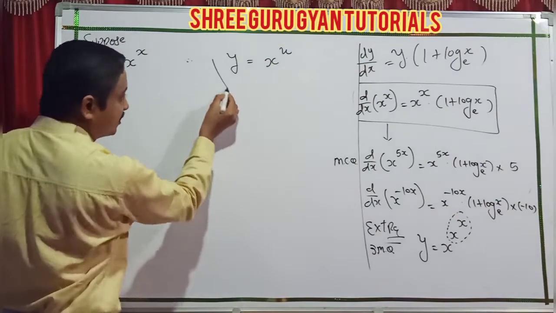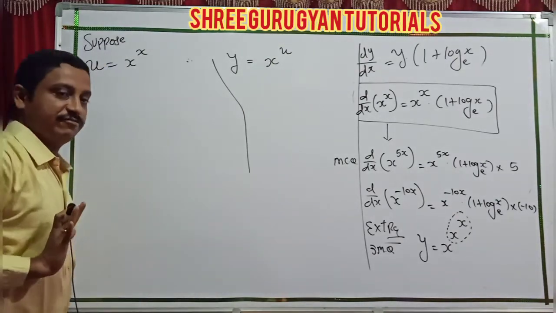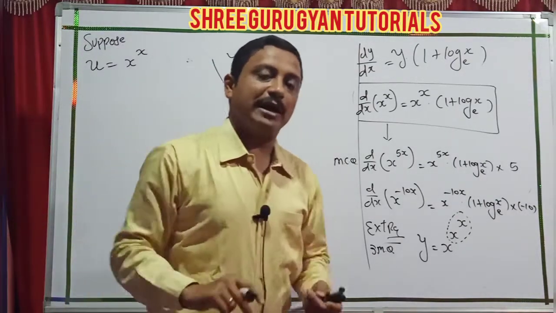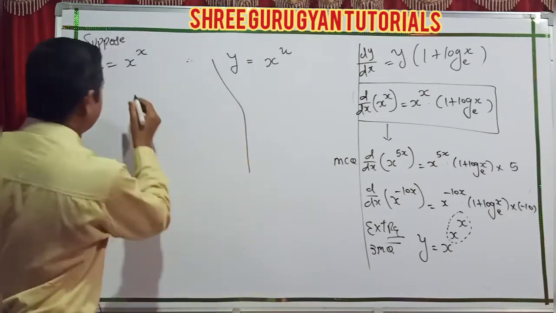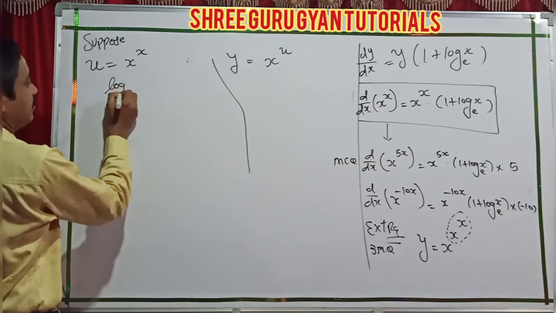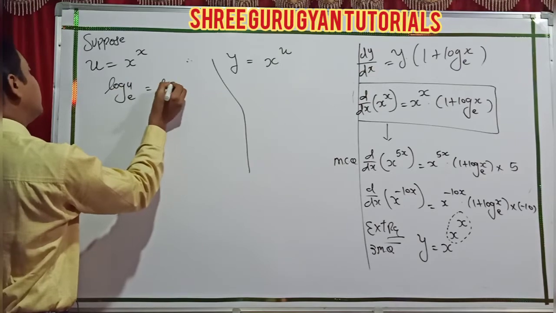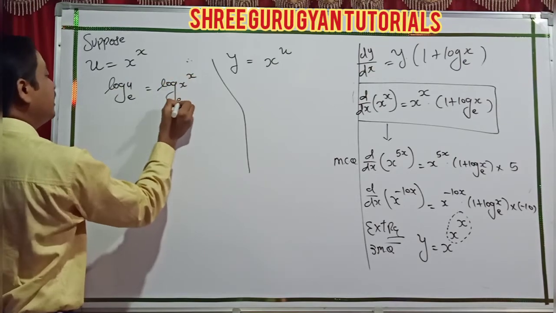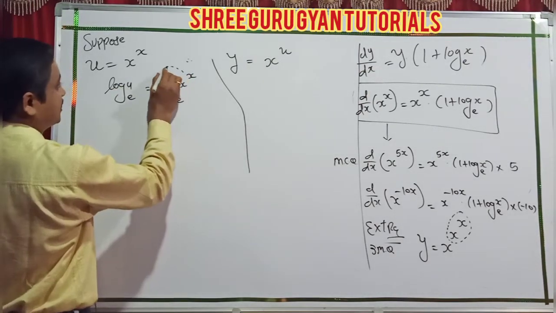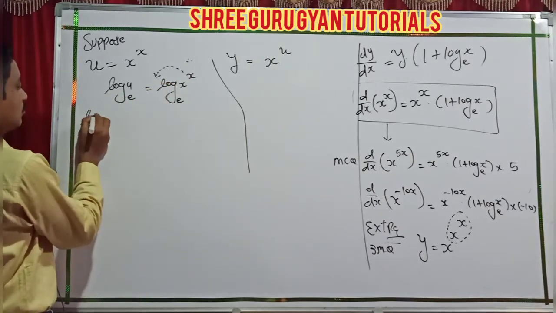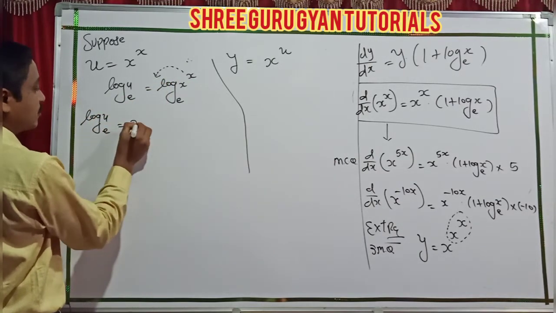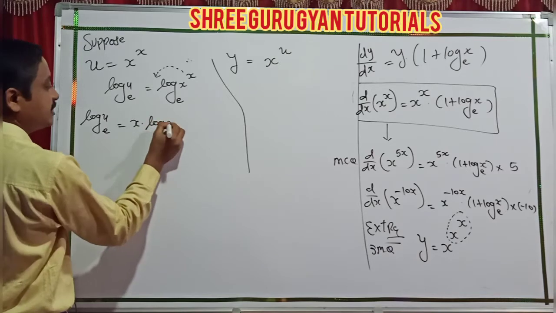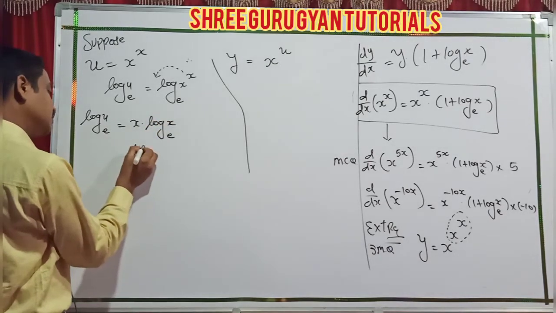So this part is different and this part is different, and I will explain both parts one by one. First of all, take log, because base and power both are variables. The x is already outside as the power. So log u base e equals x into log x base e, and start differentiation